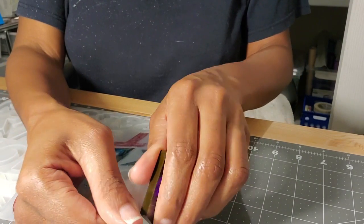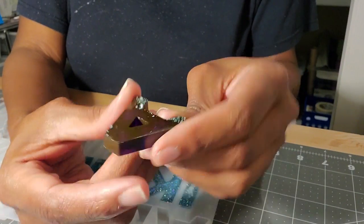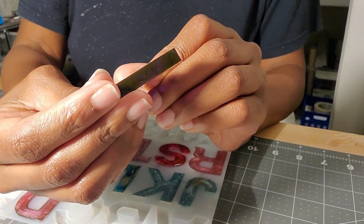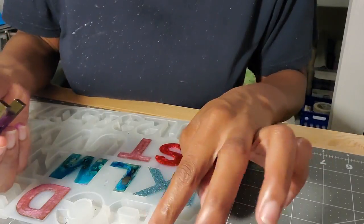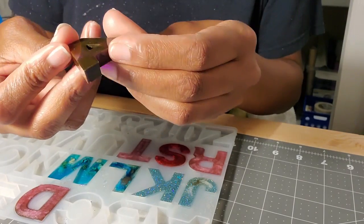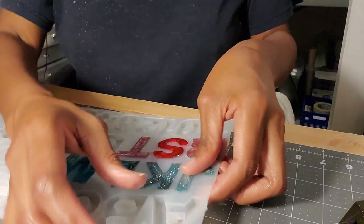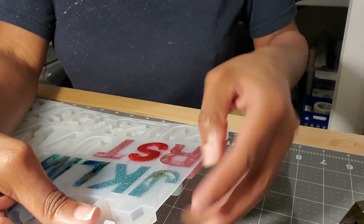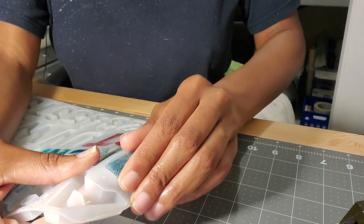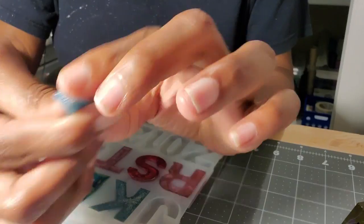All right, so that's our A. Oh, there was something on the bottom of the mold, so I got it on the A, but I kind of like it. I think it's old alcohol ink or maybe paint, I don't know. But it came out even. It doesn't even need to be filed down or anything. So that's our A. The J, I can already tell it's not flush to the top, so it might have a little jaggedness to it, and it's just easy. You just pop them out. So yeah, that's kind of jagged,